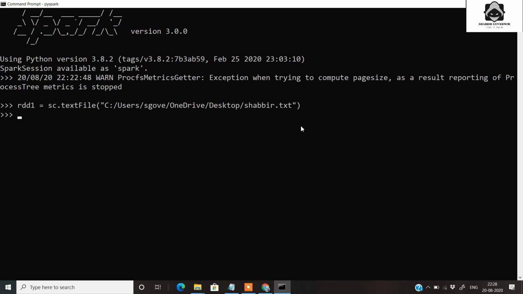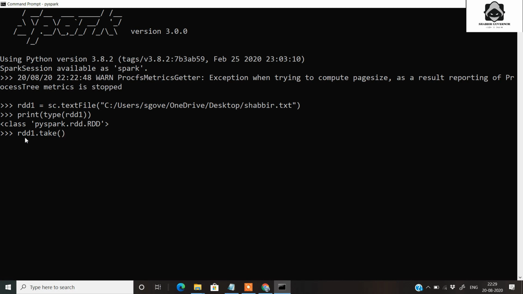So let's check the type of this RDD. You can simply write Python commands, because we are in the PySpark environment. I will print the type of rdd1 and press enter. You can see that it belongs to the class pyspark and it is an RDD. And if you want to see the contents of this RDD, I will write rdd1.take.